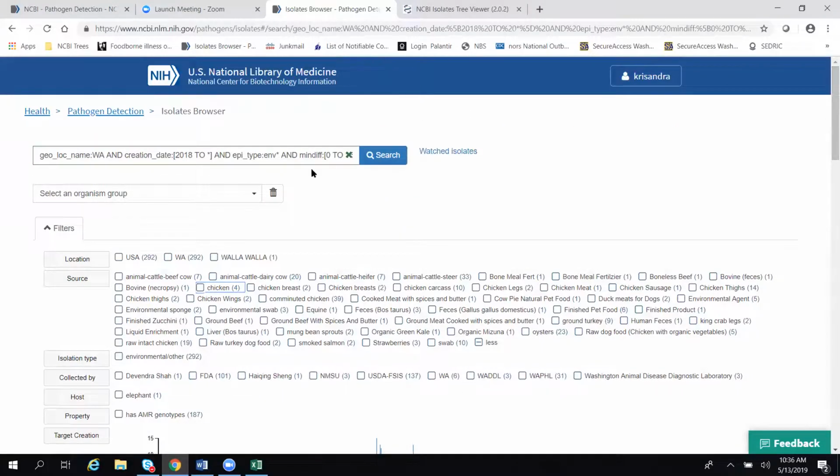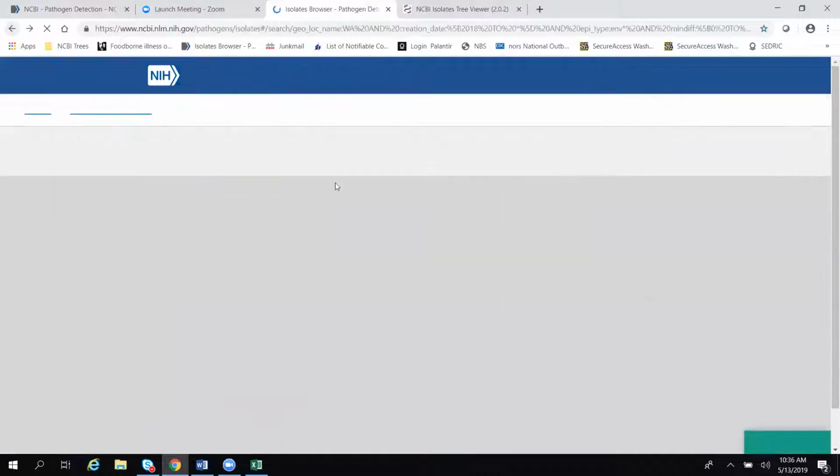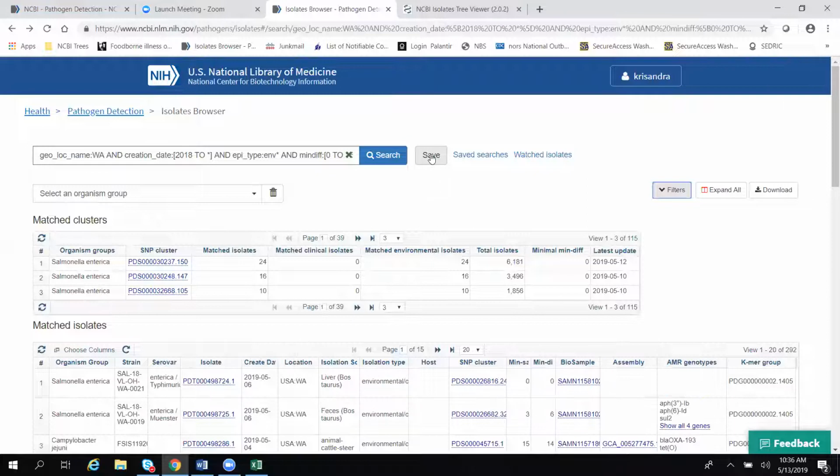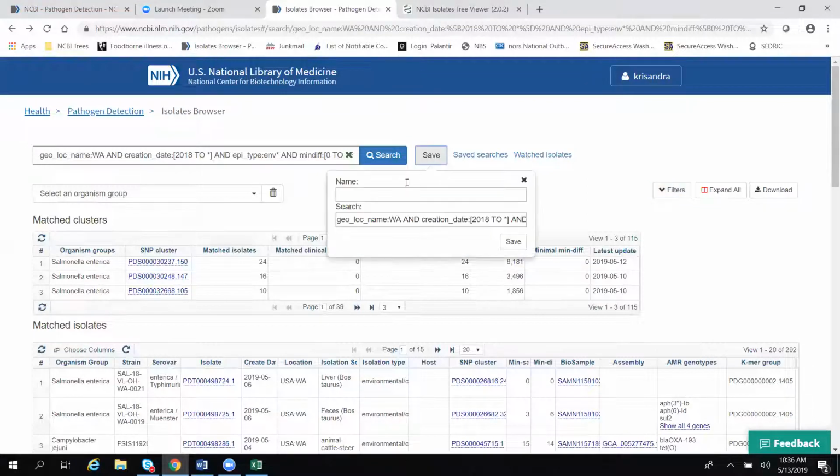So once I have this query built, that was a lot of work to get it done, so I don't want to have to redo it every time. There we go. So we're going to go ahead and save this search. So if I just say save, I'm going to say WA